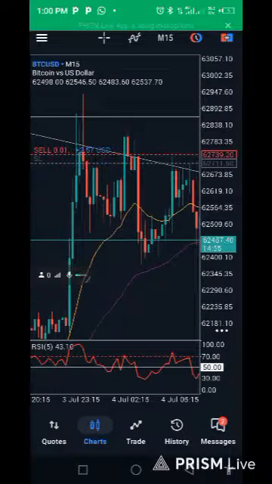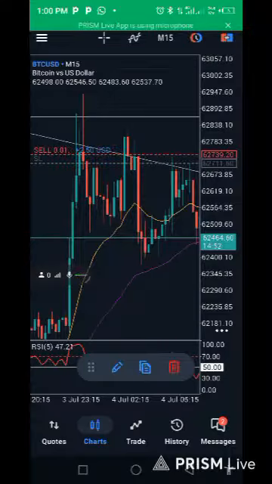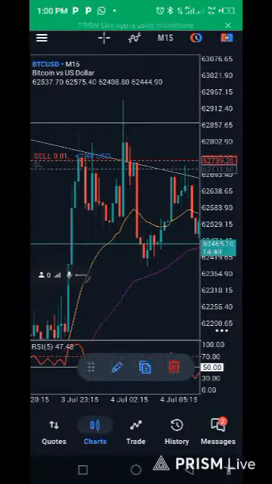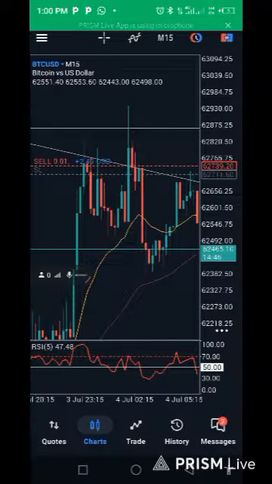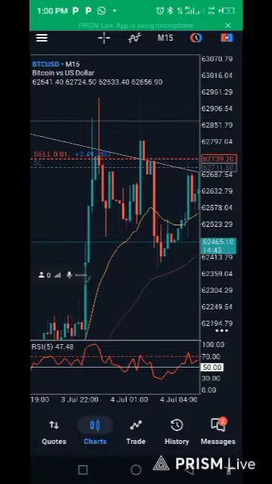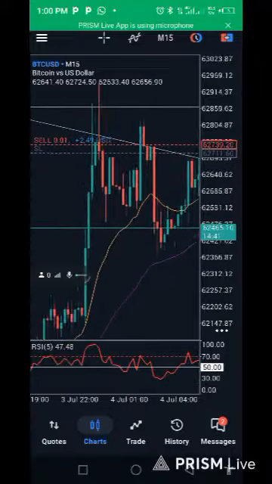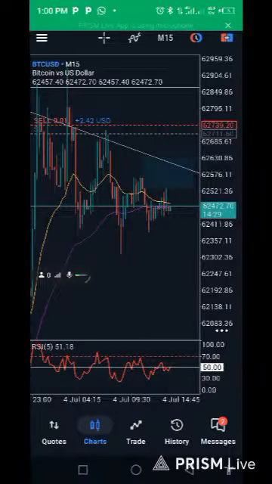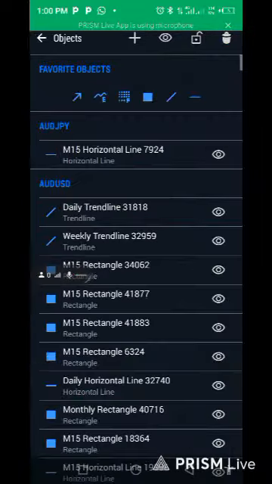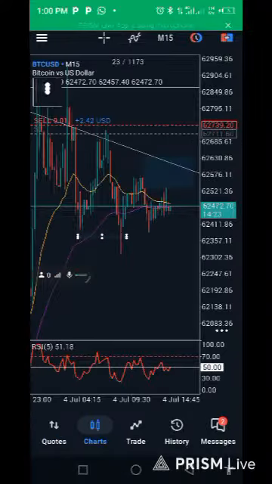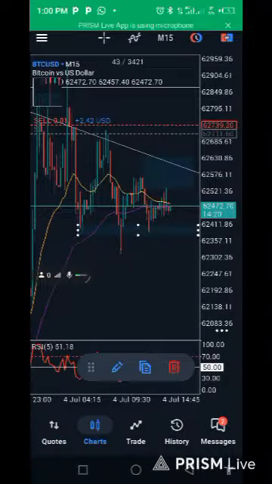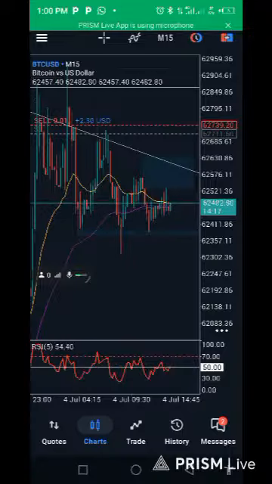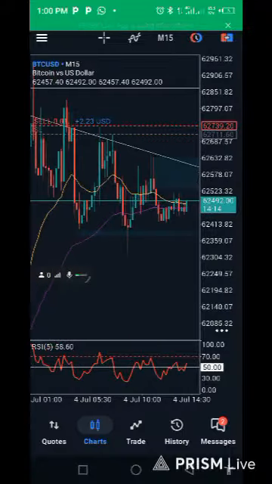there was a lower low, lower high, higher low, and a lower low, higher low. Then this place is acting as a resistance level, as a support level. So I'm expecting this